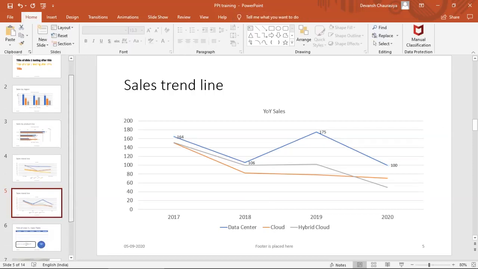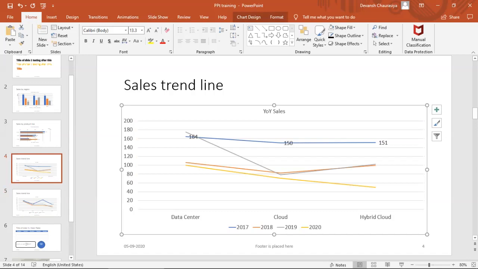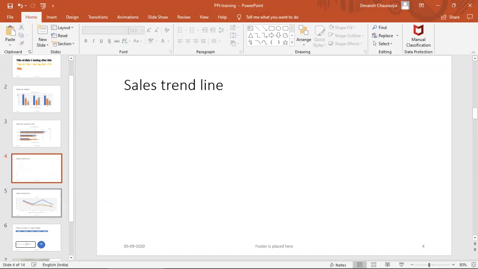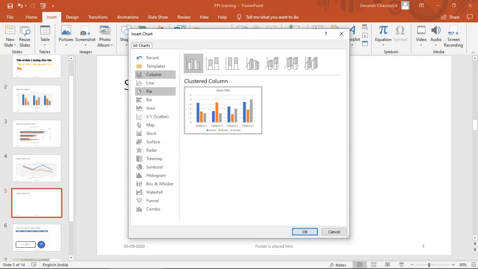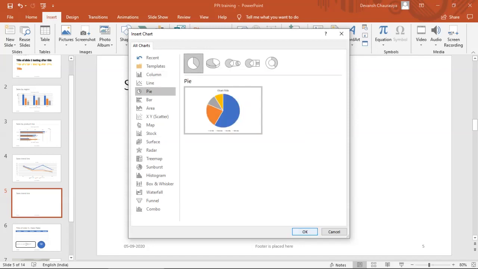Now let us add. Let me delete this. Let us add a pie chart. Insert. A pie chart is usually used when we want to showcase the proportion mix of different products or different regions. Let's go to chart. Let's go to pie. Click this.